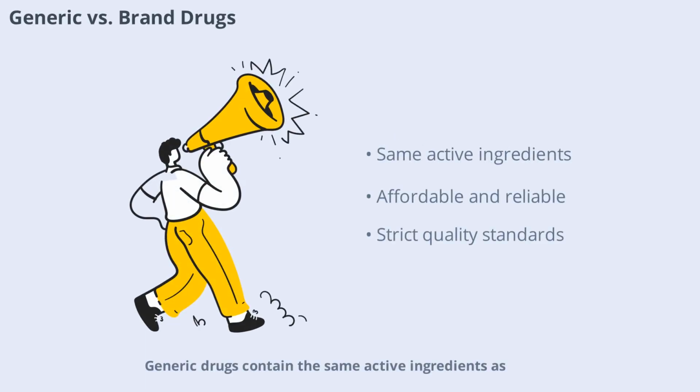Generic drugs contain the same active ingredients as brand-name drugs and work in the same way. They are usually more affordable and widely available. Regulatory agencies ensure that generics meet strict standards for quality, safety, and effectiveness, making them a reliable option for many